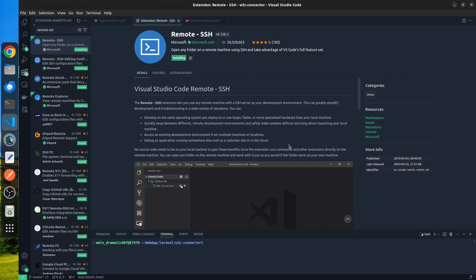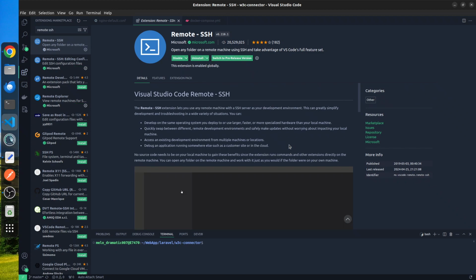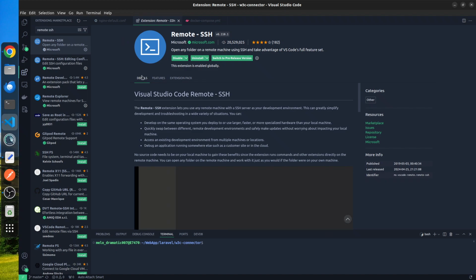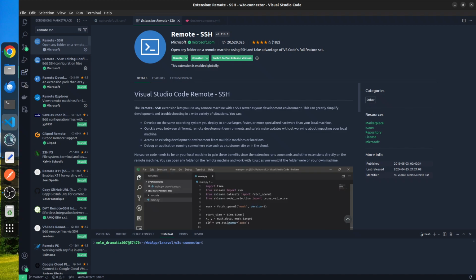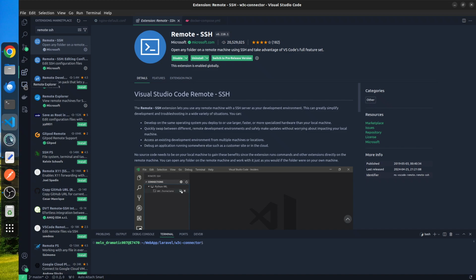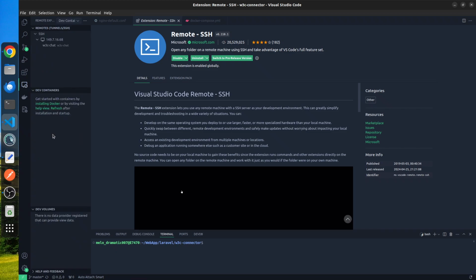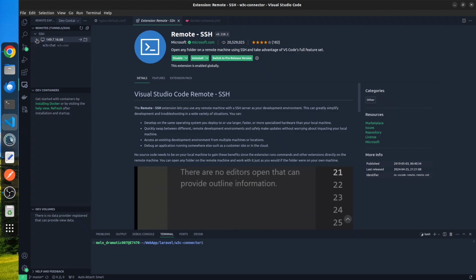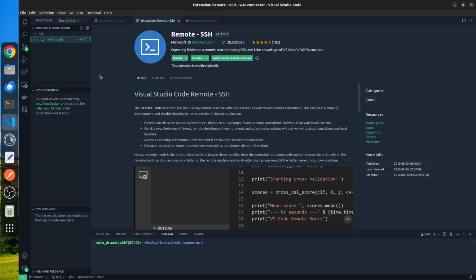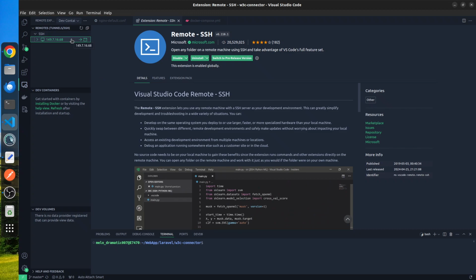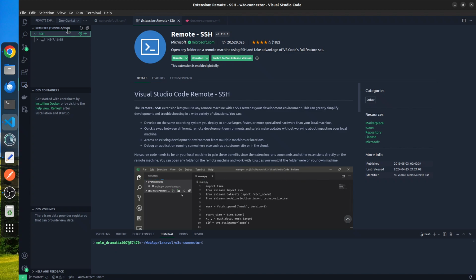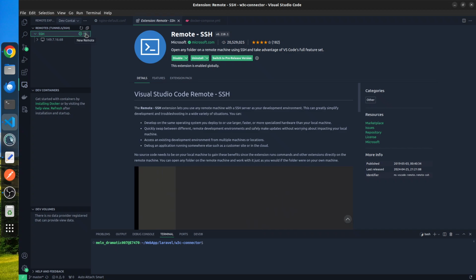We'll use the same file and the same command using this extension. When it is done, you can see a Remote Explorer icon there. If you click this one, as you can see, I have already connected a VPS. To add another VPS, you just have to click on this SSH section, and it has a plus sign. You have to add this one,